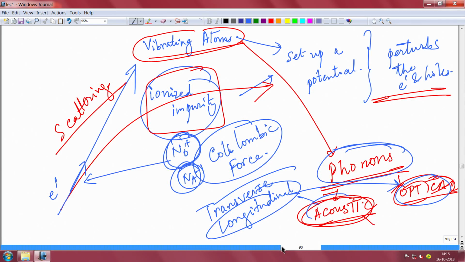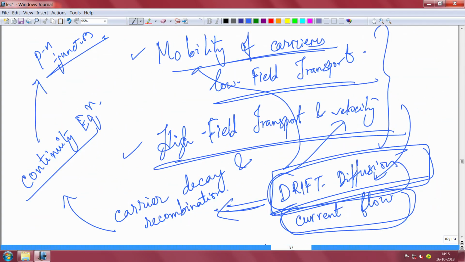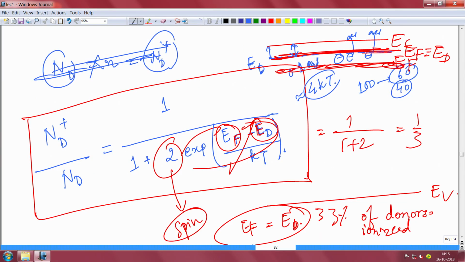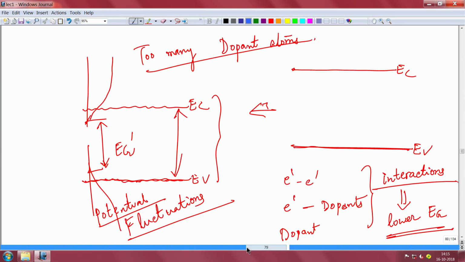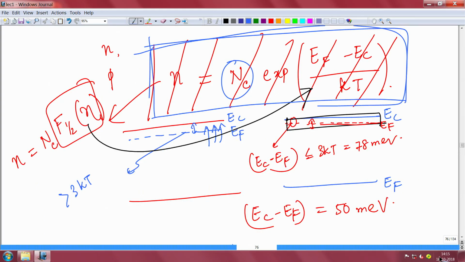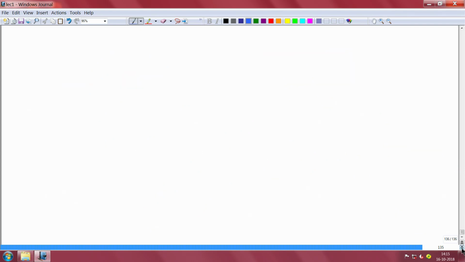And of course, before carrier transport, we had gone through other things like carrier statistics, density of states, doping, incomplete ionization, heavy doping effect, Joyce-Dickson equation, partial or incomplete ionization, heavy doping effects like band tail. At very high doping, the band gap will become lower, and so many things were discussed actually. So now we are armed with all of this, and we believe that you are capable of finding out about the details of p-n junction. So here we'll begin the p-n junction fundamentals.